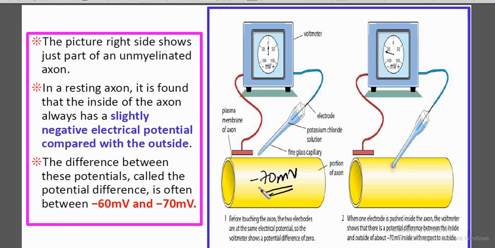Okay, so a quick recap: what is resting membrane potential? It is the voltage difference across a cell, here across the neuron, when it is at rest, and it exists in all nerve cells at around minus 70 millivolts. Only if this neuron is at rest will it get stimulated by a signal, so it is very important for minus 70 millivolts to be maintained. So let's discuss the factors that affect the resting membrane potential.